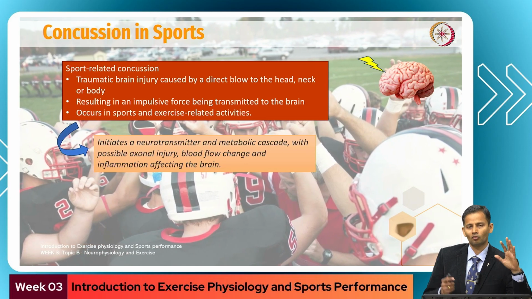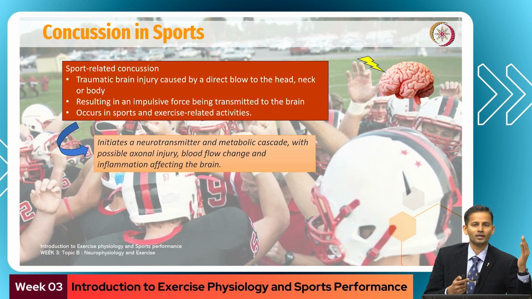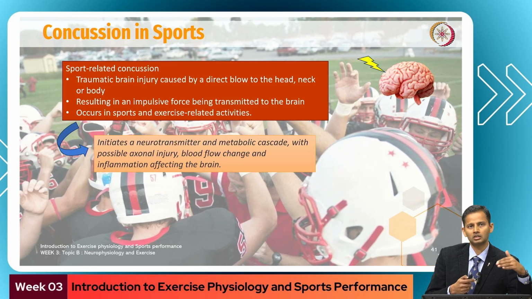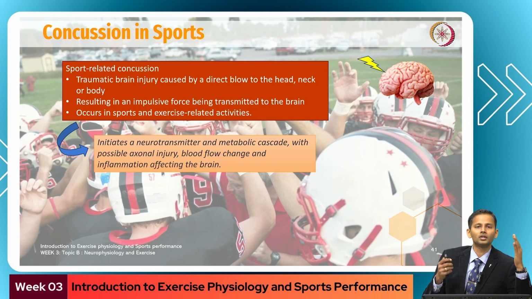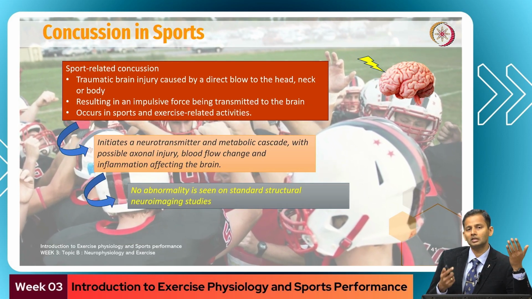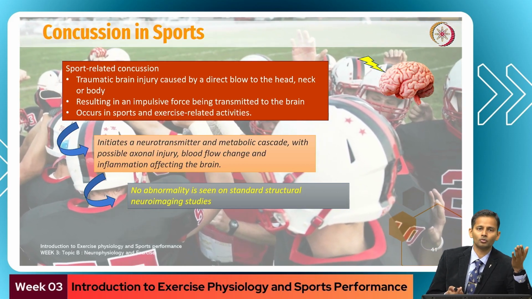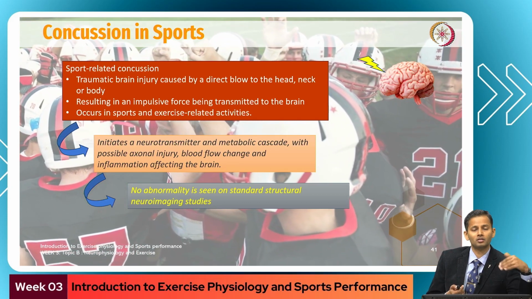So what happens is this particular injury initiates a cascade of neurotransmitter and metabolic events which results in possible axonal injury, or maybe blood flow change, or maybe inflammation affecting the brain. So this leads to a cluster of symptoms which may not even be seen in the standard structural neuroimaging studies. So you may have a normal neuroimaging study of the brain post injury, but still the brain is